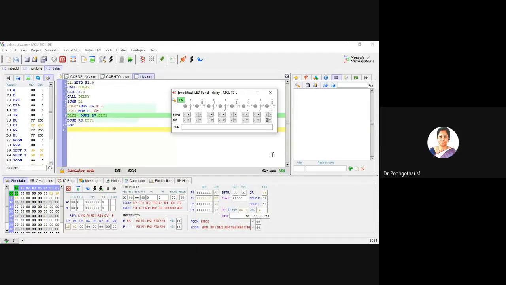So they have applied reverse logic for this particular LED panel and also your keypad interface. 0 means on, 1 means off.